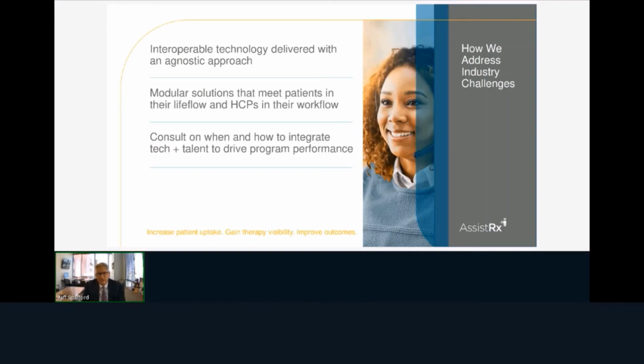With all these technology solutions, we have the ability to take a much more consultative approach with our clients, to sit down with them and understand what are the particular pain points that therapy may have, and to be able to bring to bear a combination of both our tech and talent solutions to best meet their needs and to drive program performance. So for example, if it's a traditional specialty product that a life science company may want to take a more white glove service approach, we have the ability to service that with our talent solutions, empowering our talent with technology so that they can spend much more time with their patients,